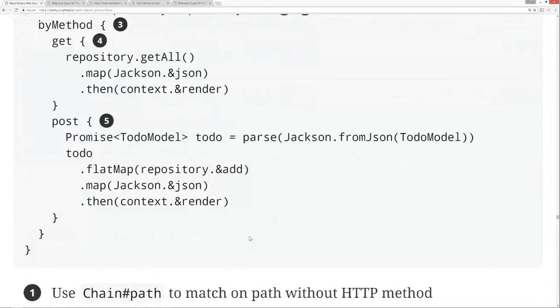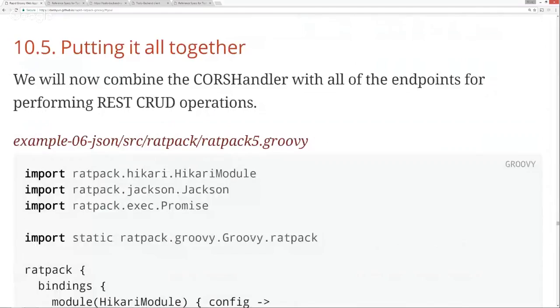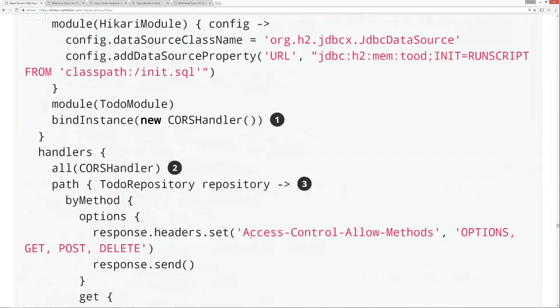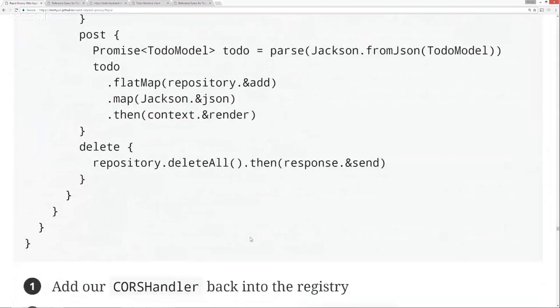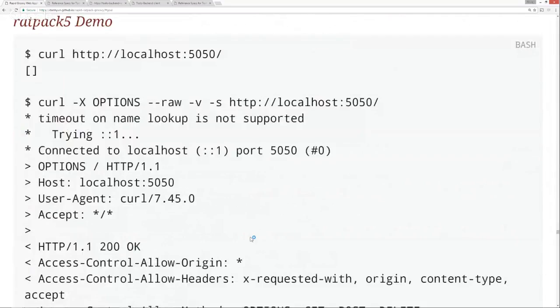You can see how you can implement the rest of this for put, delete, patch, whatever you want to implement. So when you put this all together, you can see our Ratpack application is starting to grow. This is starting to become longer and longer, and the rest of the notes here just basically go through how